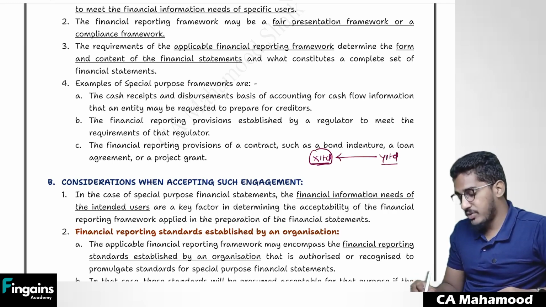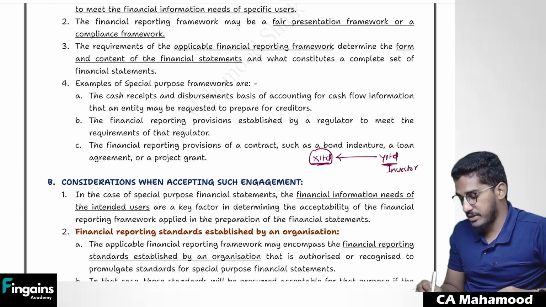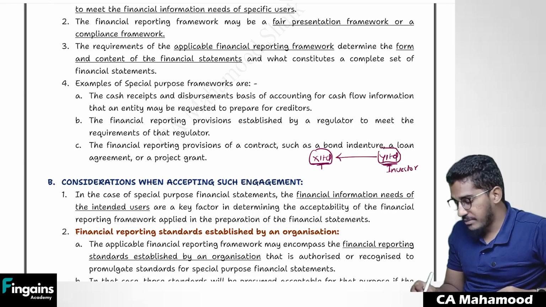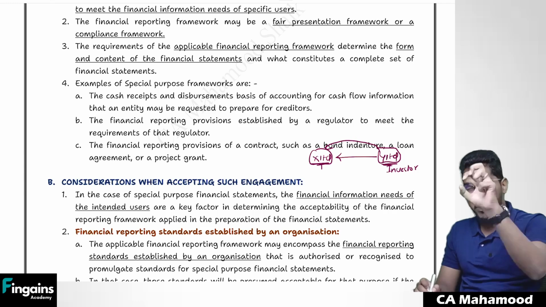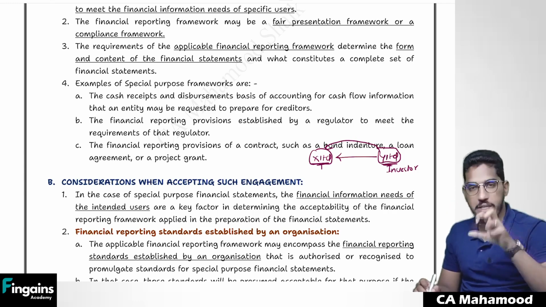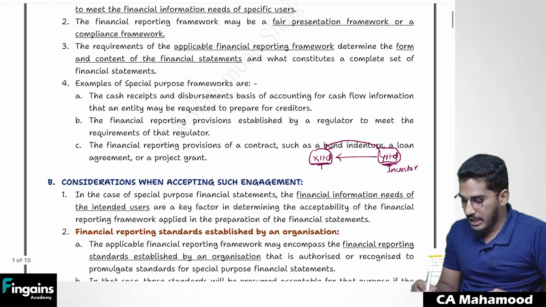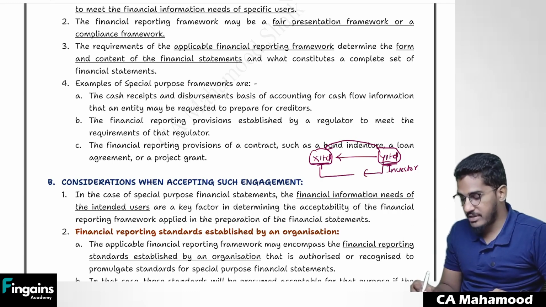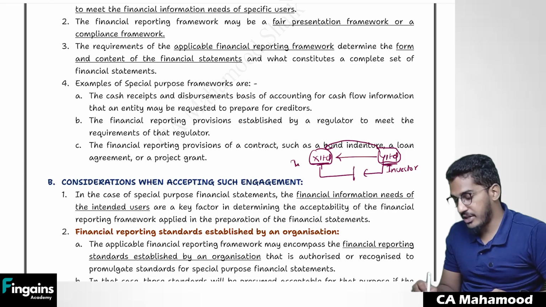So Y Limited came forward. Y Limited is a potential buyer. It is an investor. This Y Limited company wants to acquire an interest in company X Limited. They want to buy. They want to amalgamate with this company X Limited. Now they both have entered into one contract. This investor and investee both have entered into a contract.